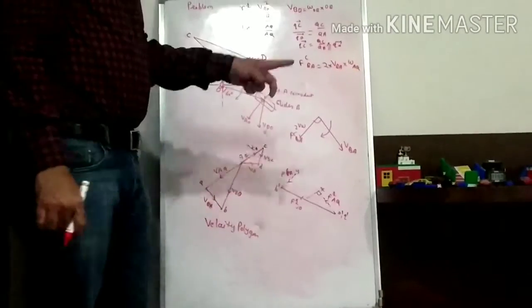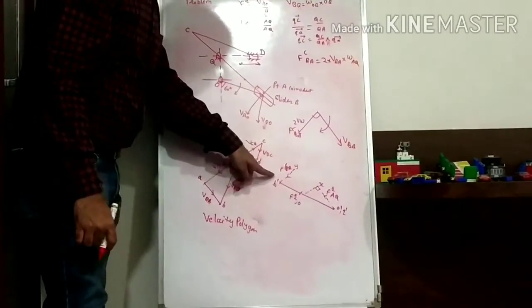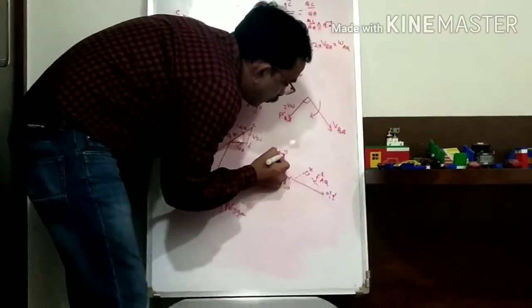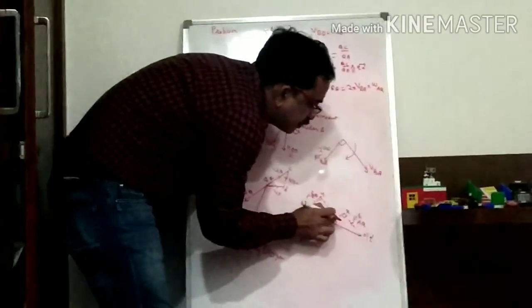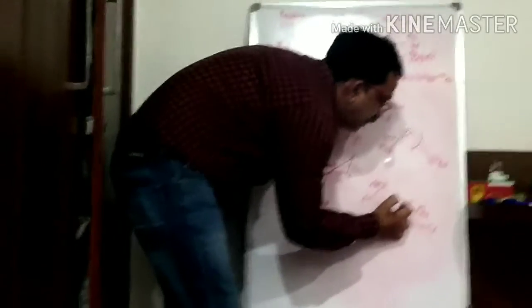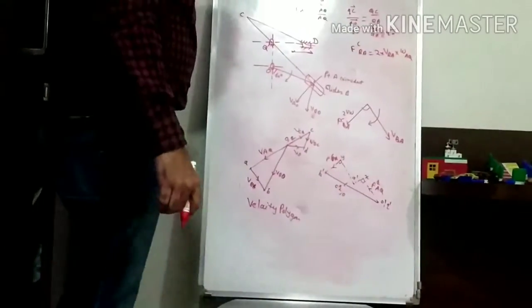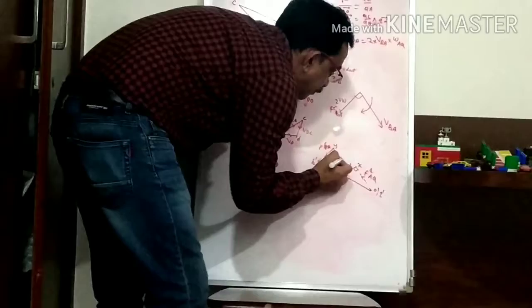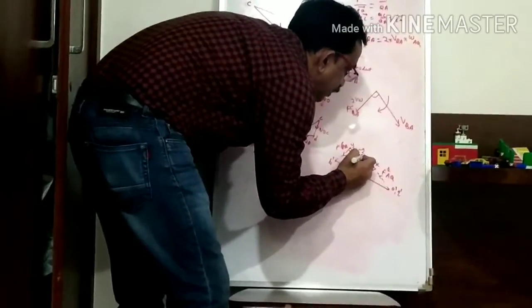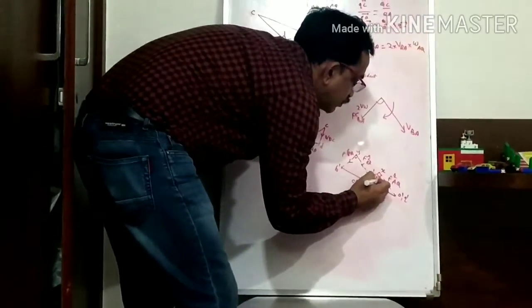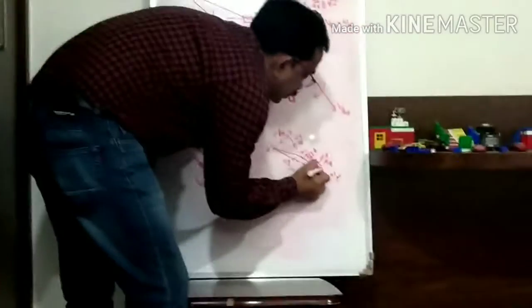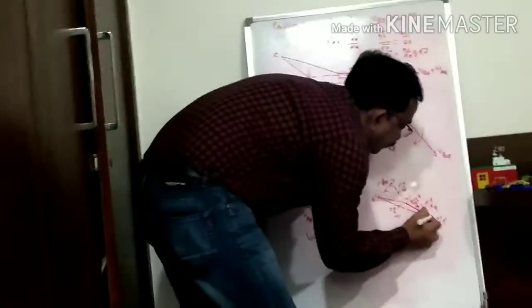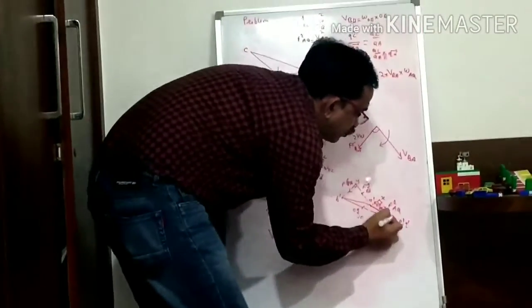Then another component is the radial component. The radial component of acceleration is perpendicular to this component. So draw the vector from point Y. So this angle is 90 degrees. So the point of intersection of these two vectors is the point A dash. So this represents the radial component of acceleration of B with respect to A, and this represents the tangential component of acceleration of A with respect to Q. So join A dash B dash, which represents the total acceleration of B with respect to A. Join A dash Q dash. This represents the total acceleration of A with respect to Q.